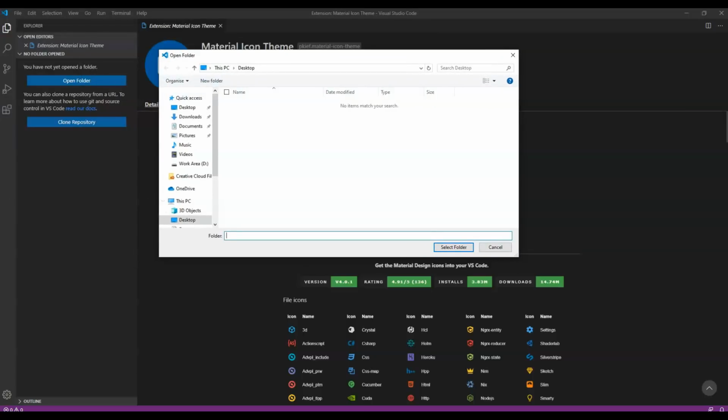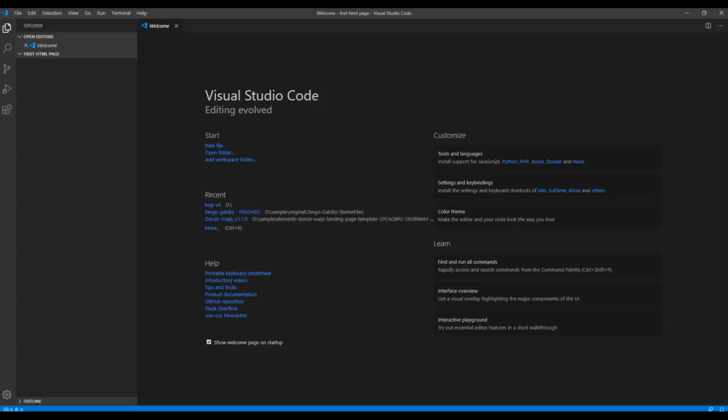On our desktop, we don't have a folder at the moment, so we'll create a new folder. We'll say first HTML page. Now that we have our first HTML page, the reason why this is very, very important is anytime now